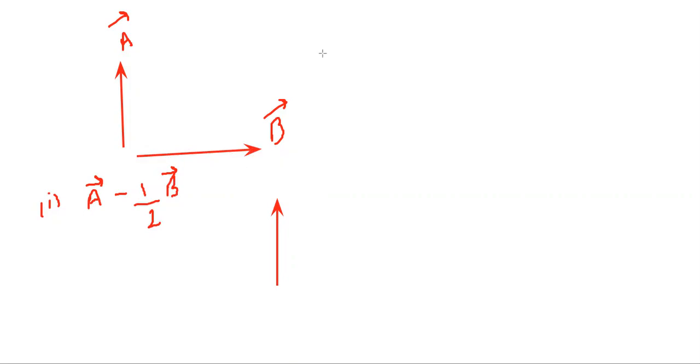When the question is in a paper or in any book, you will note the distance. With your scale, you can calculate its length. If it is coming to 6 centimeter, for half B vector you would be using 3 centimeter. So you will reverse the direction and also reduce the length to half. This would be your minus half B vector. Arrange it in such a way that head and tail are coinciding. So if you join the third side, this would be your A minus half B vector.